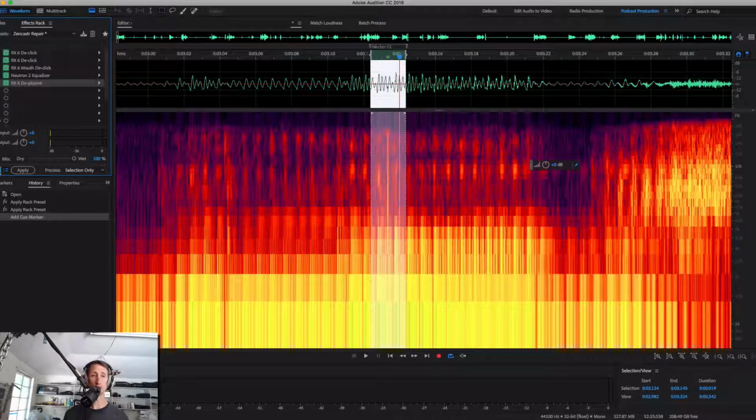Option 2, just to make sure. Option 1 is running a gamut of effects. Could be one plugin, it could be all the plugins. That's like the most extreme version I have of click repair, and I run it on an entire file. So you want to do that when you have serious problems coming in